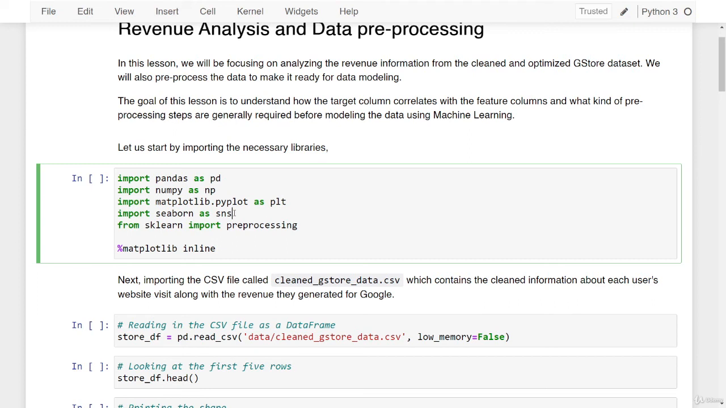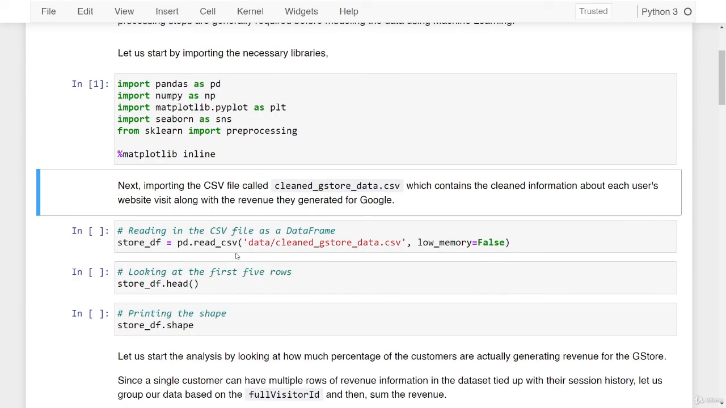And we're finally importing sklearn's preprocessing module in order to preprocess our data. And we're using the Matplotlib inline magic command to show the plots onto the Jupyter notebook. So I'll run all of these lines of code to make the imports happen. Great. Next, let's import the CSV file called